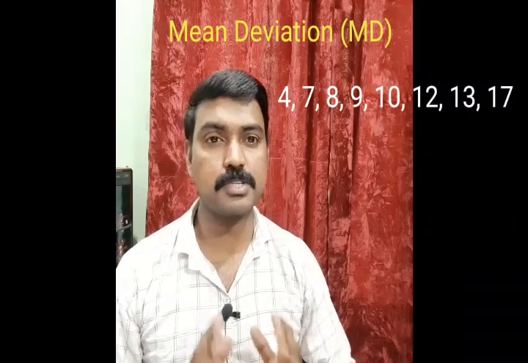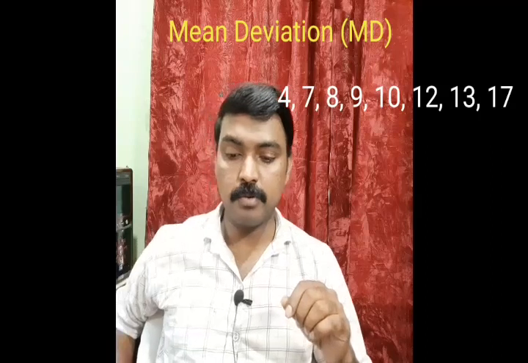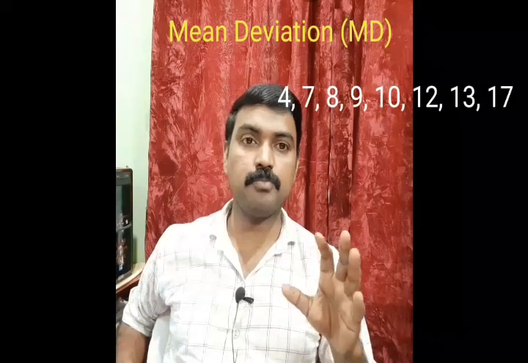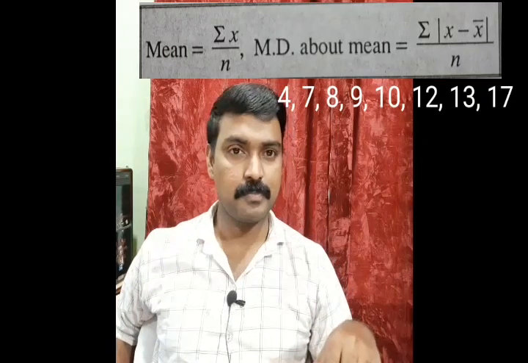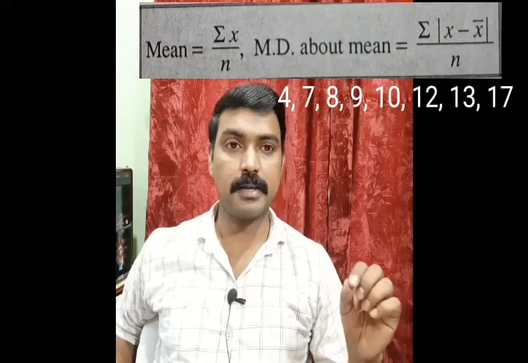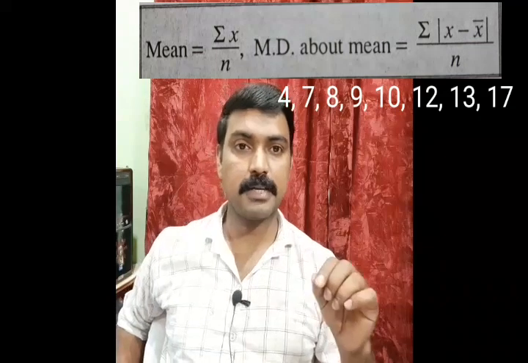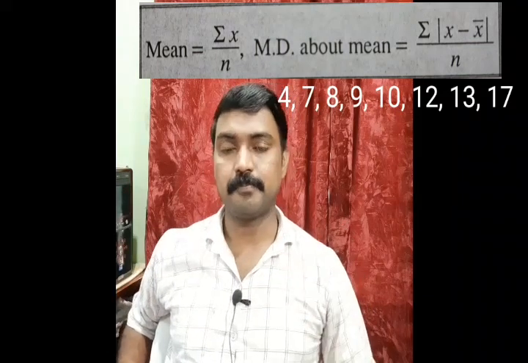First of all, we have to study the equation for finding the mean deviation about the mean. What's the equation for finding the mean? We know that x bar is denoted for the mean. X bar is equal to sigma fx divided by sigma f. But here there are no frequencies, so we can use the general equation, sigma x by n. So what is sigma x by n? That is the arithmetic mean.